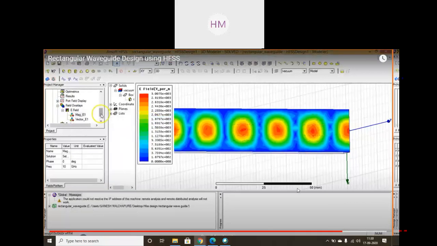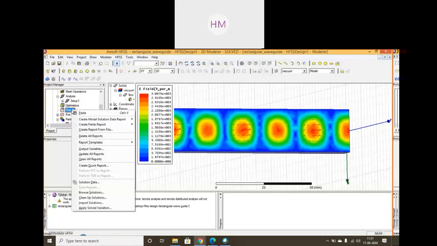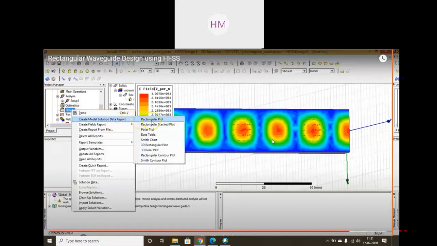We'll go back. Go on, click on results. Right click. Click on create model solution data report. Now rectangular plot. You can see I will stop over here.